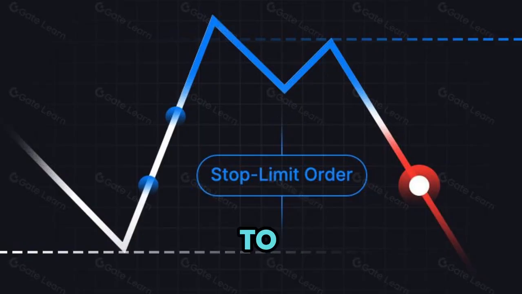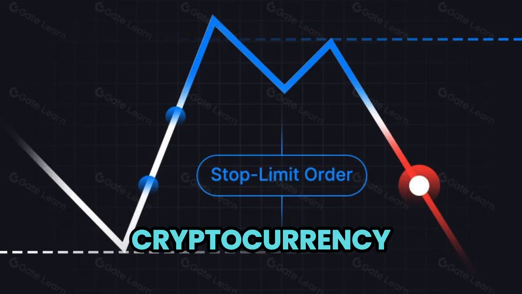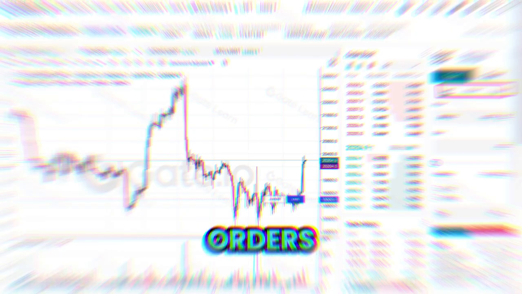1. Market orders. These are executed immediately at the current market price. 2. Limit orders. These allow you to set a specific price at which you want to buy or sell a cryptocurrency. 3. Trigger orders. These are similar to limit orders but are activated only when a specific price level is